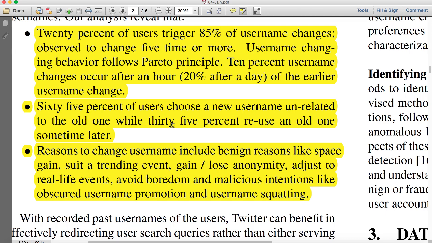And username squatting, I could register an account called Amitabh Bachchan now and keep it for myself, and whenever Amitabh Bachchan actually wants to create an account, they would have to take the account from me, right? This username squatting is a pretty popular problem in terms of usernames also. There was an incident even in India when the current government in the Centre wanted to have an account. There was an issue of PMO India. So squatting of that